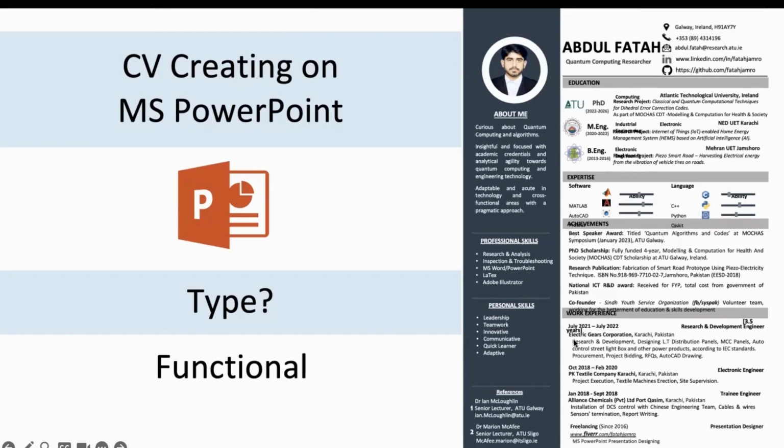So instead of my experience first, I have kept my experience at the bottom because I do not have good experience in the professional area. I was not a good engineer. I have not done any good work in any industry or any place. So I find it better to keep my skills and my achievements first, because these are something good and I can win any position with these skills. That's why this CV lies in the category of functional.